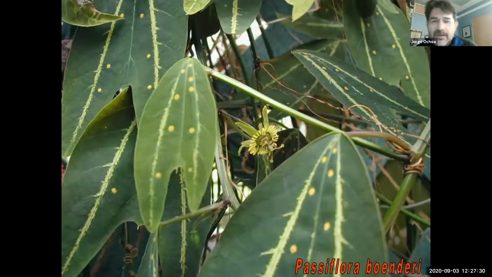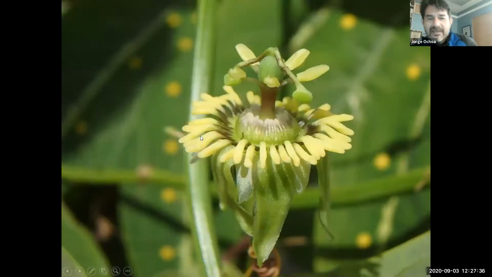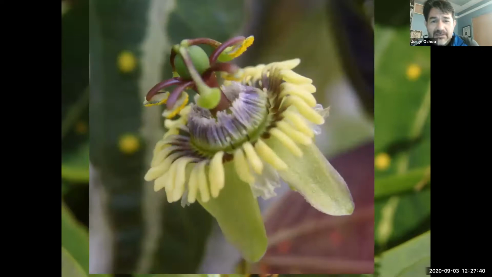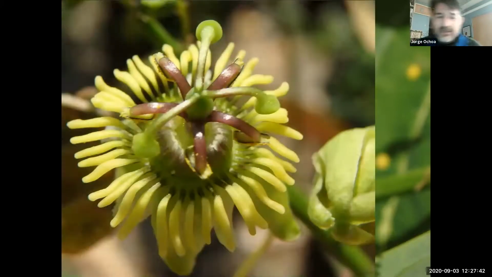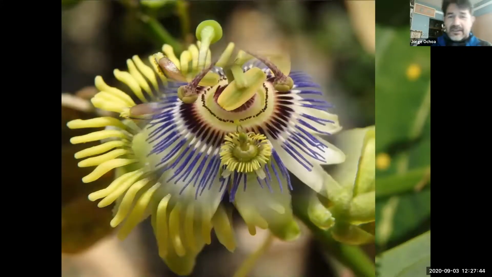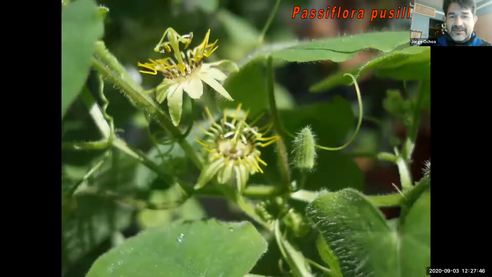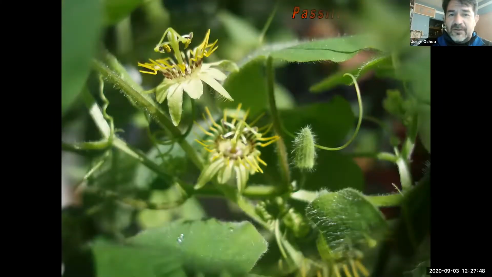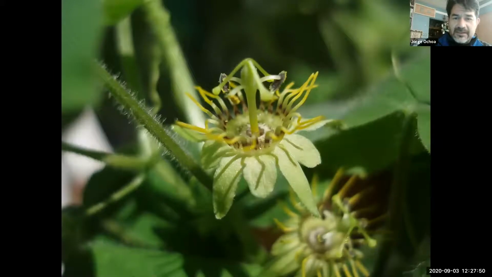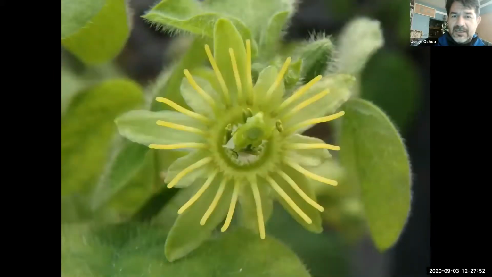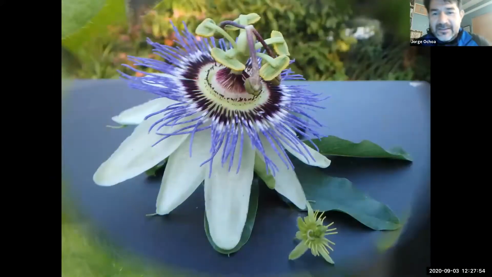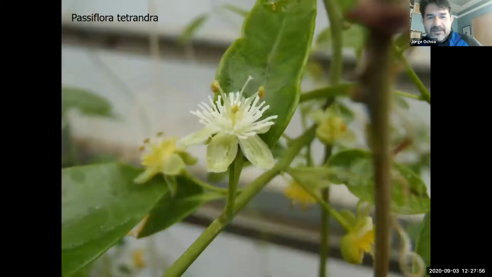Bundari from Costa Rica, known for the golden nectar glands that you see there. And here's the close-up of the flower, and there's a close-up of that, and an even closer close-up of the corona. And on top of its sister, Pusilla from Costa Rica as well. Here's the close-up of the flower, and there it is in front of the bigger flower.